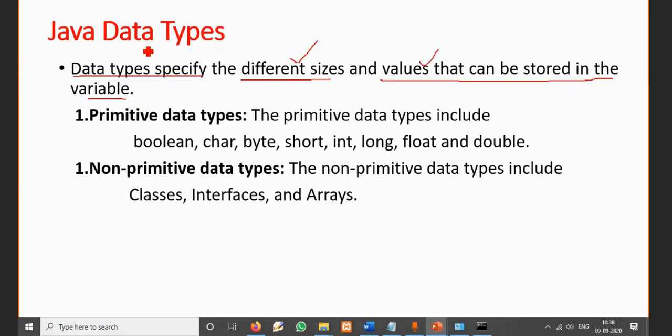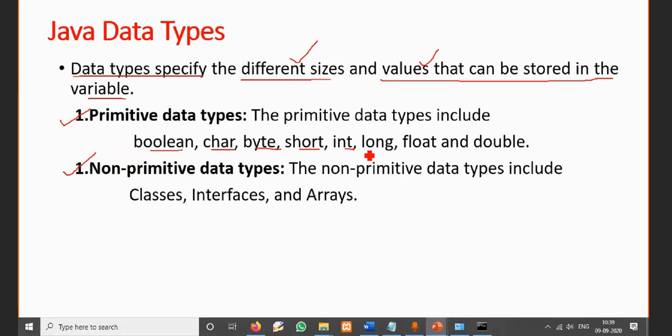Now, in Java or any other programming language, we have two types of data types. One we call a primitive data type, the other one is the non-primitive data type. The primitive data types include boolean, character, byte, short, int, long, float, double.